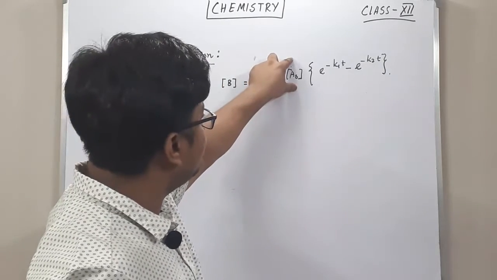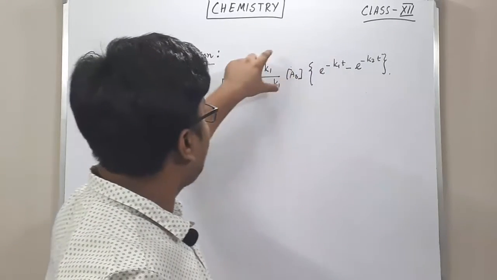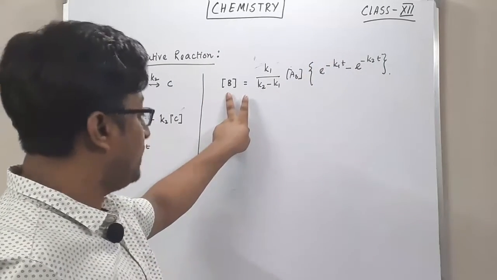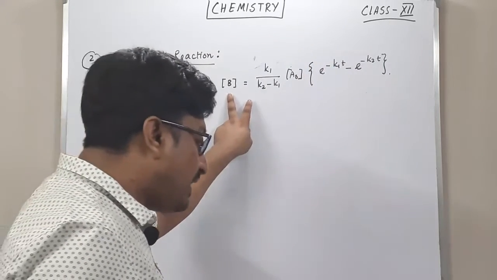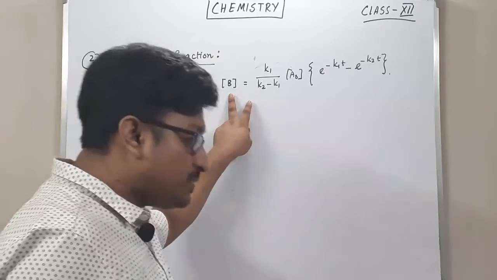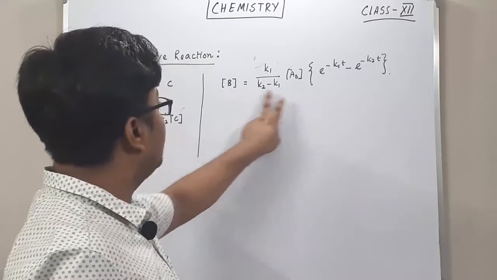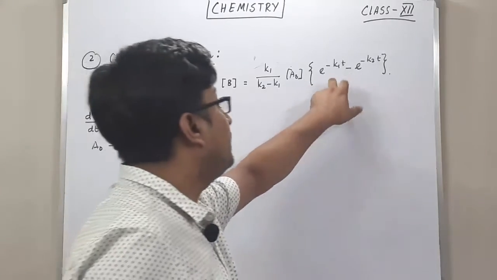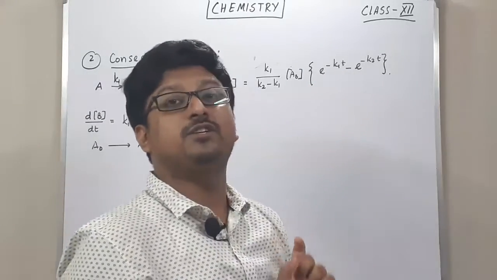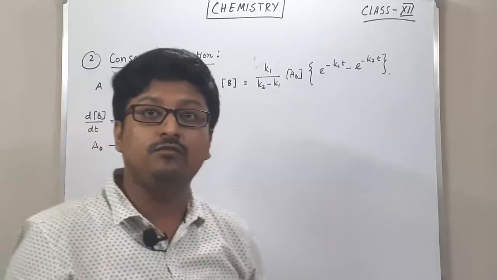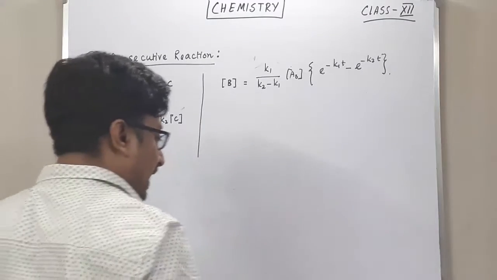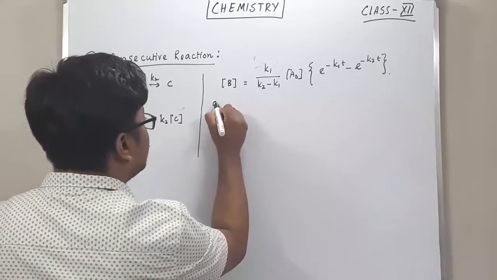Now concentration into exponential. So basically, the concentration of B definitely will vary with respect to the initial concentration of A, and definitely exponentially with respect to time. So the concentration of B will decay with respect to time, exponentially decay.